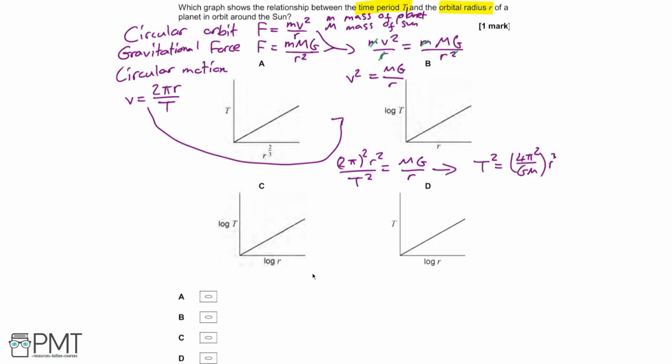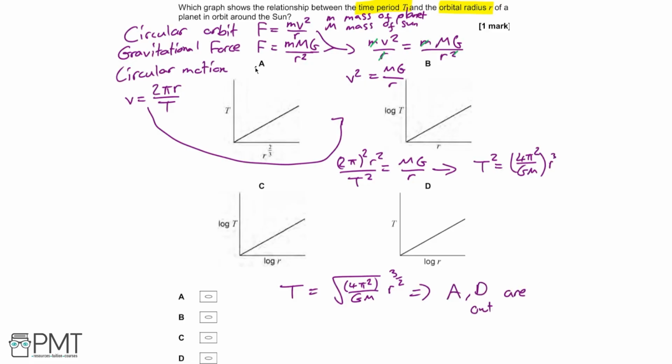Now we can use this to examine which of the graphs are correct. If we first get it in terms of t, so make t the subject of this equation, we can figure out whether a or d are correct. So if we take the square root of both sides of this equation, we find that t is equal to the square root of 4 pi squared divided by gm multiplied by r to the 3 over 2. This shows that t has to be proportional to r to the 3 over 2, so a and d are out,